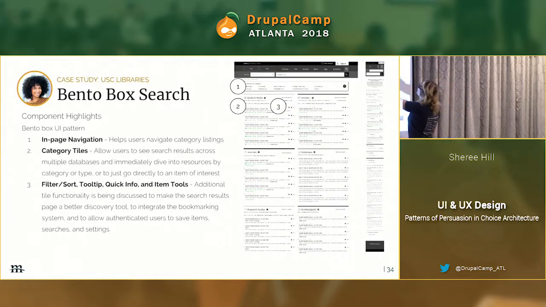users list through category listings up here at the top. We have the category tiles, which allows users to see search results across multiple databases. One of the challenges that USC faced is that they had so many different databases. And I'm sure many of you may have faced challenges like this when we're looking at migration. So being able to serve up different databases within different tiles and have them related to different categories really allows